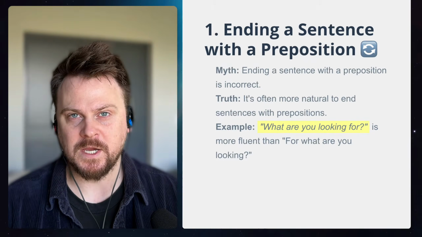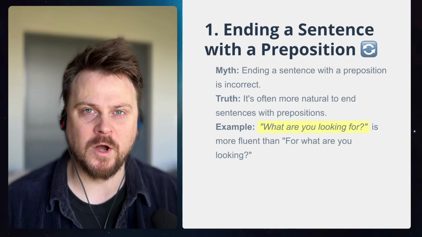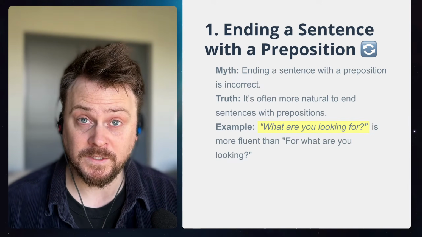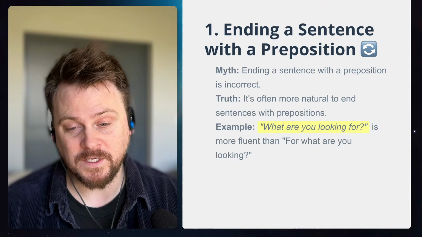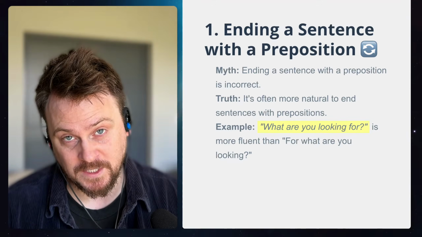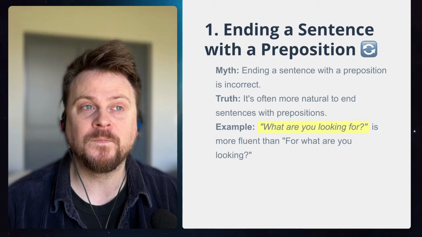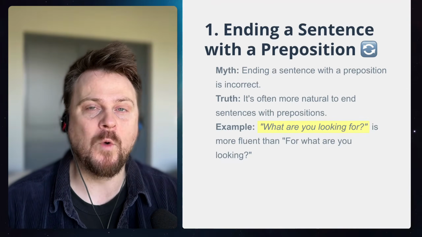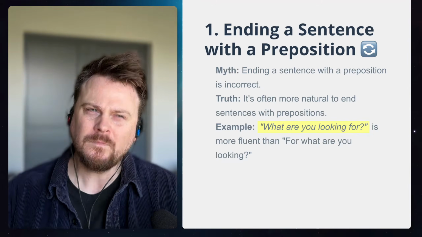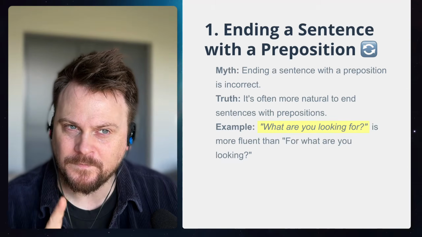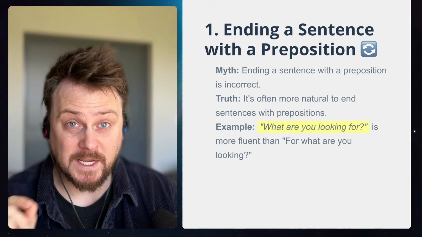So, we're told things by our teachers. Sometimes they're right, sometimes they're wrong. We're going to go through 5 things. One of the things that we're told is that we should never end a sentence with a preposition. So ending a sentence with for, of, from, around, with, by, this kind of word, right? Where do I know you from? Is that wrong? Well, no, it's not. First, I'll just say it's not wrong.